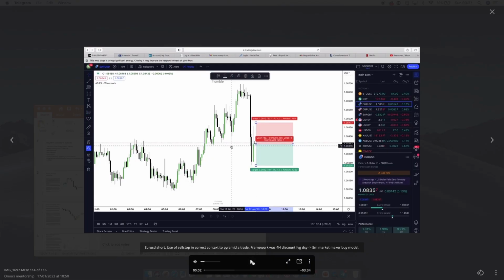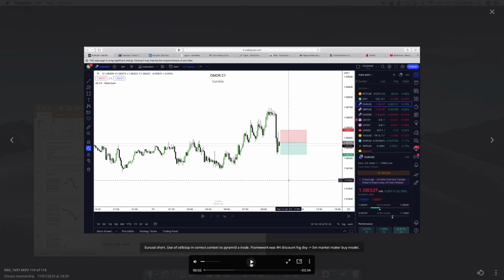So this is going to be the trade breakdown of two trades, right? And these ones, they're going to be very, very good, right? The first one is going to reiterate your open high low close, and the second one, the market maker sell model. Well, sell model and buy model, right? Now, this is also a market maker sell model. Now, you see right here, if I just put that back,